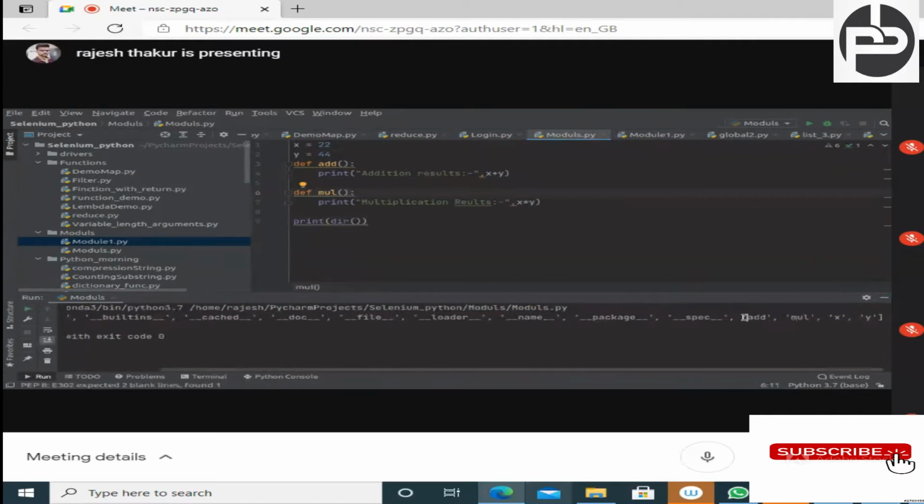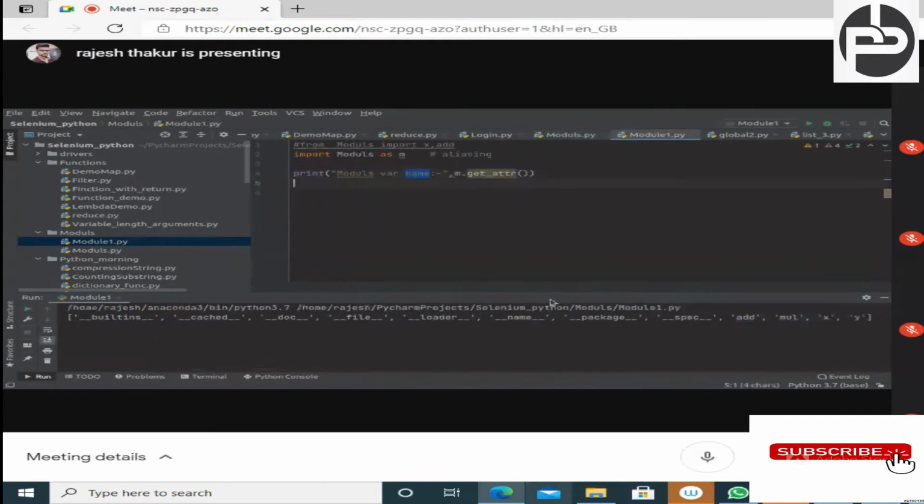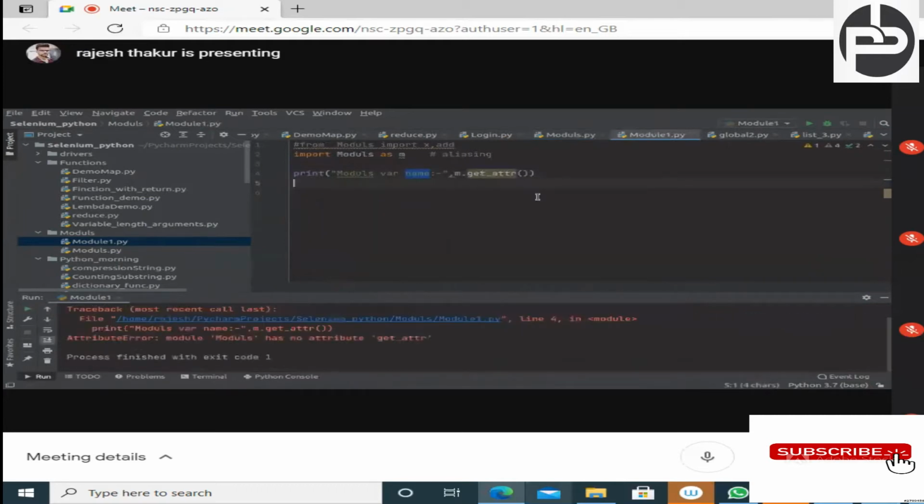Can you see this? Add, multiplication, x and y, right? But if I'm calling this dir function, I mean I wrote the dir function here itself, in this function only. But if I'm calling that function from here, then it is returning me none, right? So the dir function, okay, what happened? Okay, this method is not there, right? So that's what it is giving.